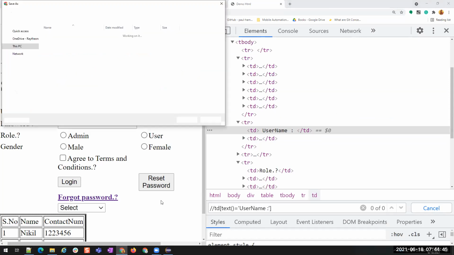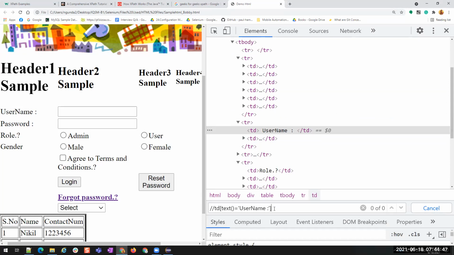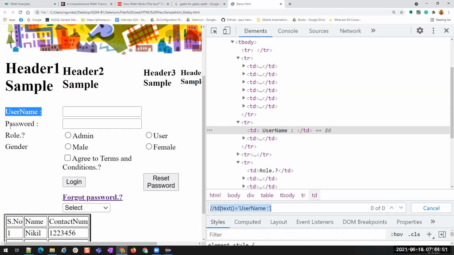But is it finding? This doesn't find it, even though I entered the same text here, username colon. It still shows 0 of 0 because in the HTML there are some spaces which are not seen by our naked eye. If there is text, we will be able to understand, but the spaces we cannot see.